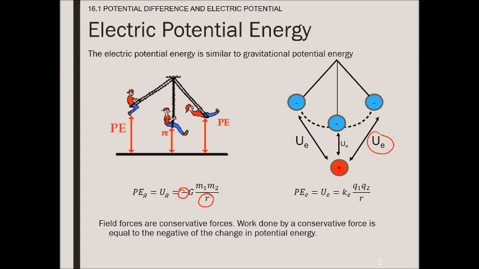You notice that there is no sign in the electric potential energy equation, because it depends. It could be attractive or repulsive. And there are no absolute values here. So if I have opposite signs on my charges, then I'm going to end up with a negative sign. I'm going to end up with an attractive force in a case where the energy increases as we pull these things apart. Whereas if they are the same sign, then the sign is positive and the energy will actually decrease